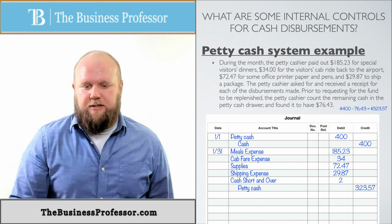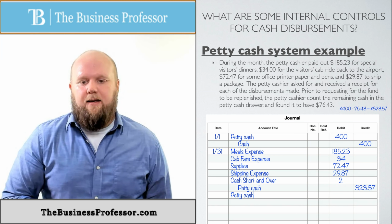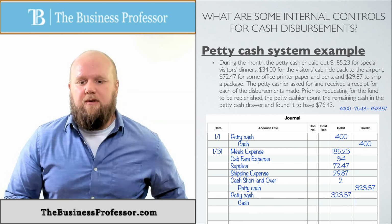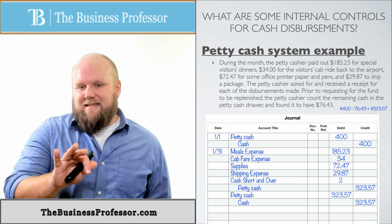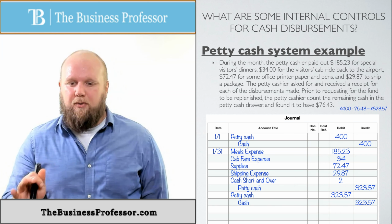So now let's replenish it. I have to replenish $323.57. So the way I do that, I would say petty cash, $323.57, and cash, I'm getting it from cash for $323.57. That's how you do it conceptually, but that's not how you do it practically, because all this